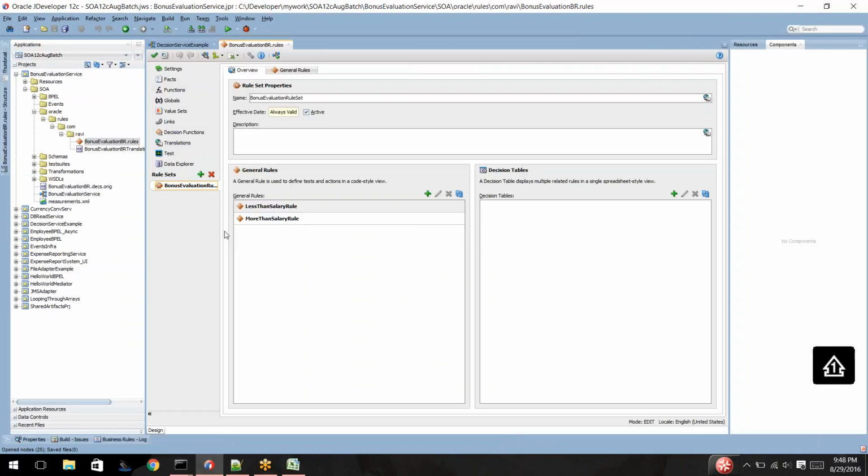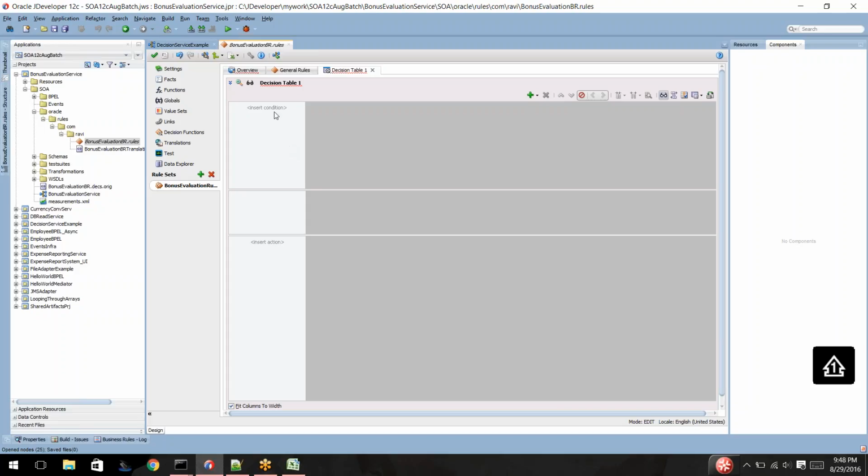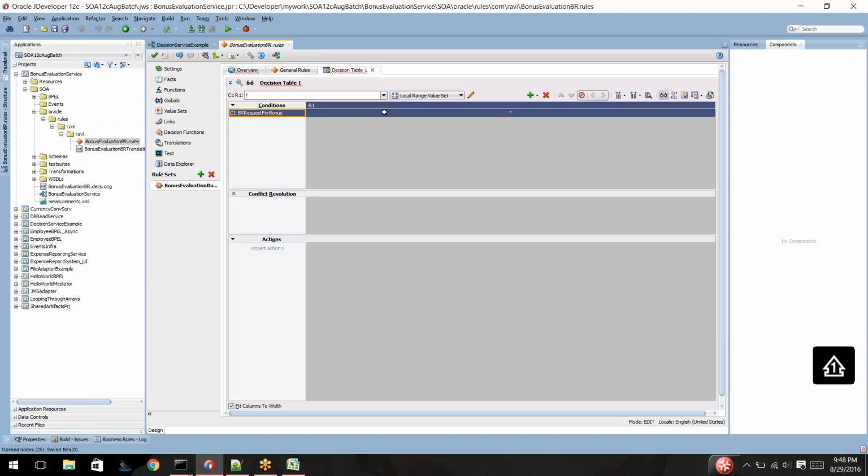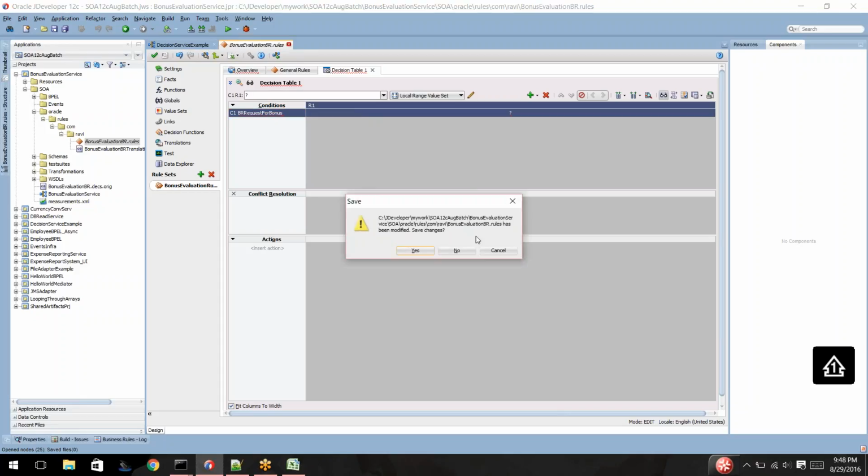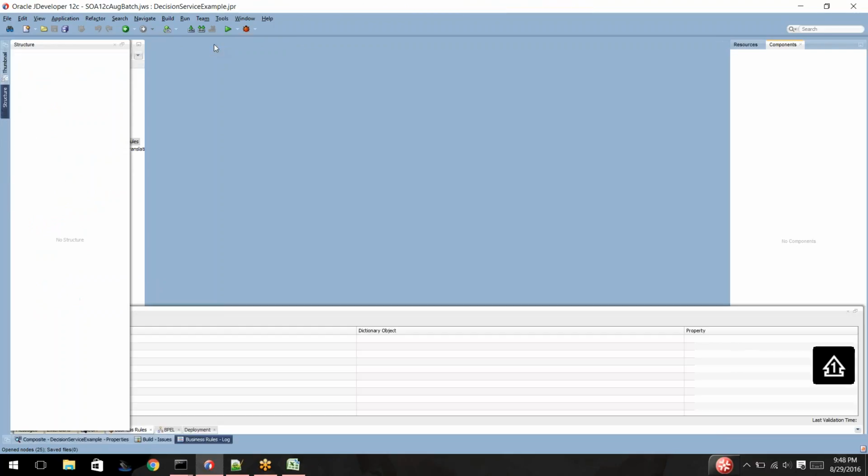So instead of having the if else rule or general rules, you will click on the decision table. When I click on this, right now we don't have anything, but when you do things, you will see all the grids. So the example that we will do today